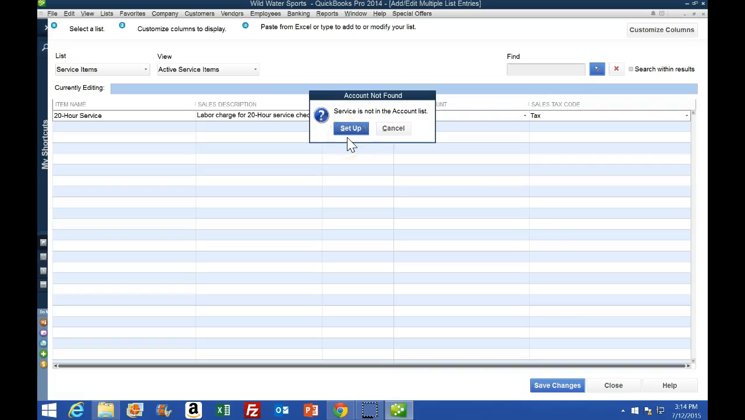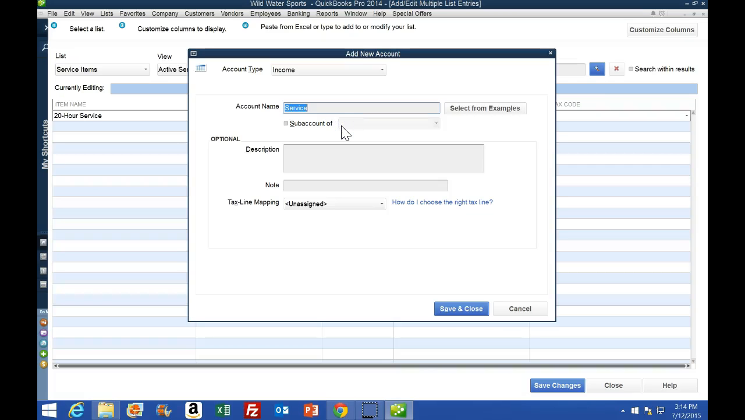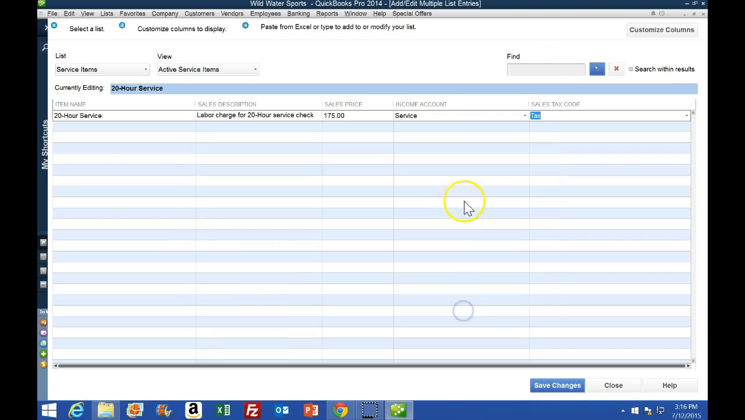Going to choose yes, we want to set up this account. And then we're going to have our account setting. The default will be income because it's in an income account, so that is correct. The account name will be the service, and then we can select save and close, and then we have the